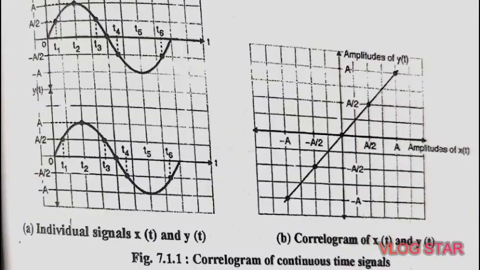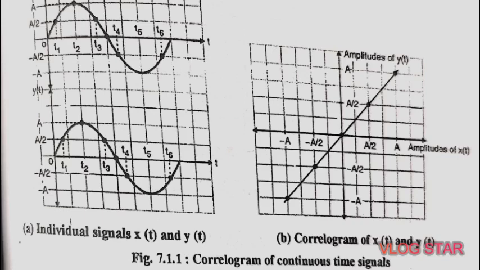Hello everyone. In today's video lecture, we are going to discuss what is meant by correlation and correlogram. So let us see first what is meant by correlation. It is a mathematical tool that can be used to compare two signals. From the value of correlation, we can get the measure of similarities between the two waveforms being compared. And the second is the correlogram.